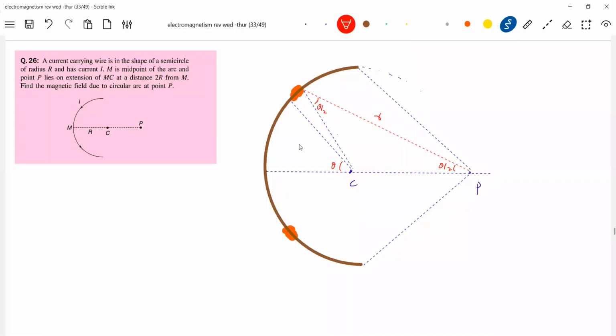And let this be small r. This is capital R. This is d theta, the angle subtended by that. So this is dl. This is the current I, which is flowing here. Now, what is this angle? This angle is 90 degrees or